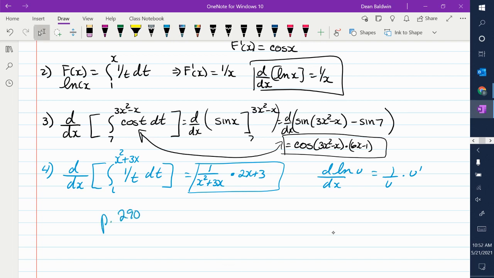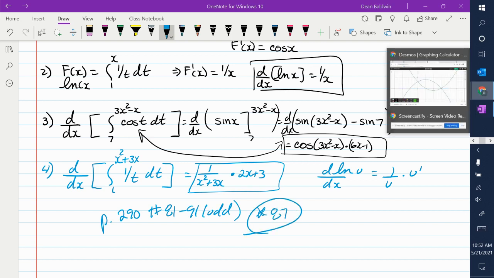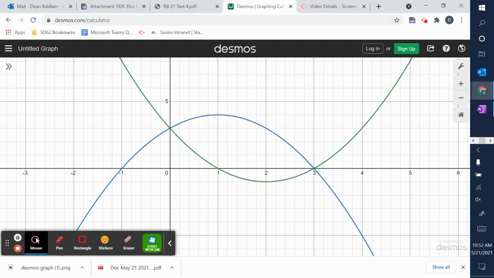Page 290, 81 to 91, odd. Number 87 will be fun. You just got to think a little bit about that. There's only like 20 minutes left, so